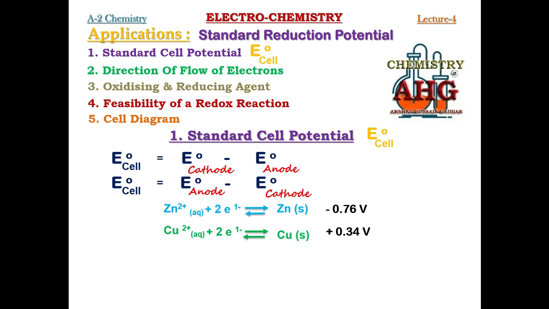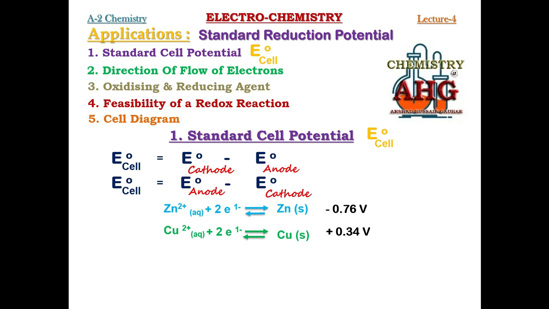What is the trick? Look at both the half cells. Look at their standard reduction potential value. Always remember, whenever you have been given two half cells, the half cell whose standard reduction potential is mathematically greater must always undergo reduction. This is the simple information that you can remember, and this trick will help you in the whole electrochemistry chapter.